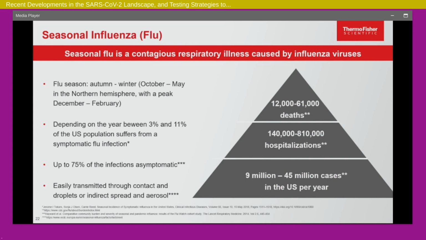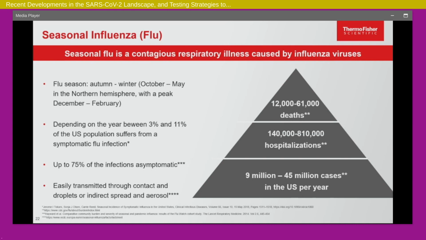And we will see between 3 and 11% of the population having symptomatic flu. I say the word symptomatic because now we use the words asymptomatic and symptomatic. It is the symptomatic that really is the key, because these are the ones that will fall sick and go to the hospital. But you still have 75% of the infections being asymptomatic, which means they can spread it to people who are high risk, with underlying health conditions, immunocompromised, who can be more predisposed to it. It is very easily transmitted through respiratory droplets and aerosols, quickly communicated as well.